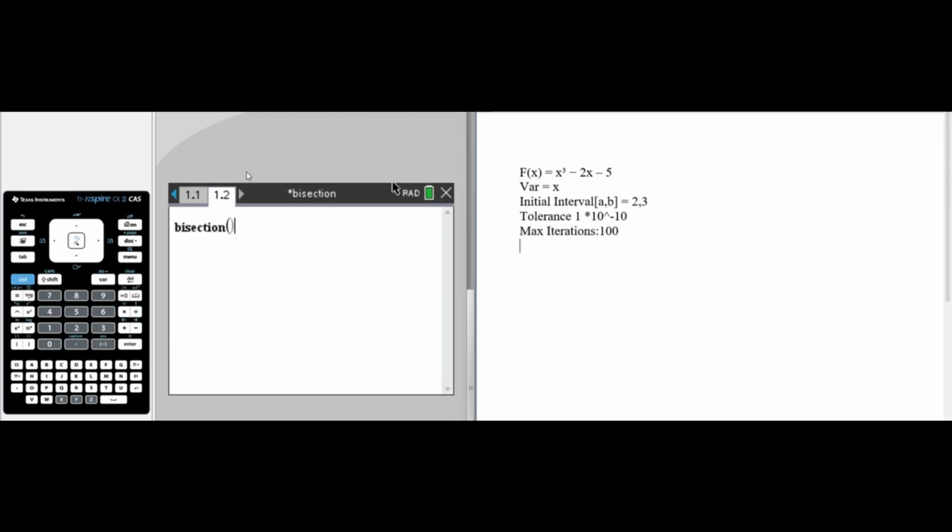So to use this function, we simply write bisection first, the function name, and then x cubed minus 2x minus 5, and the variable name, 2, 3, and then the tolerance and the max iterations allowed. And we get the exact answer,